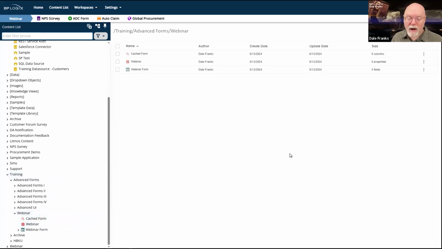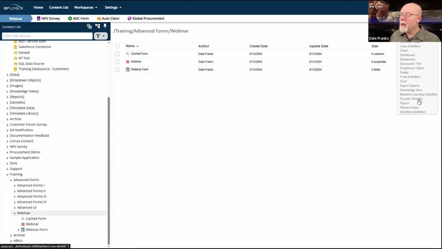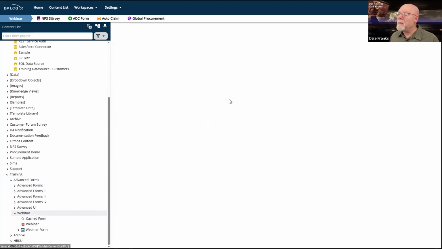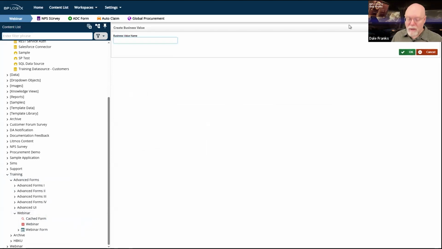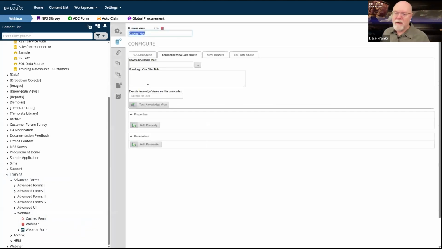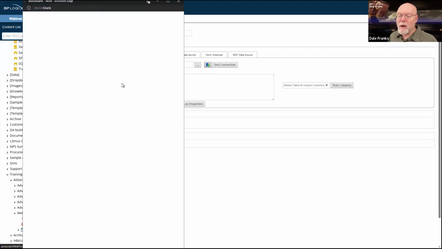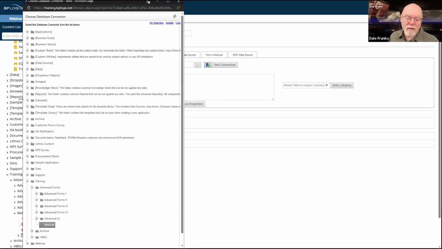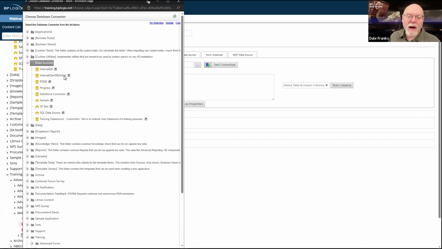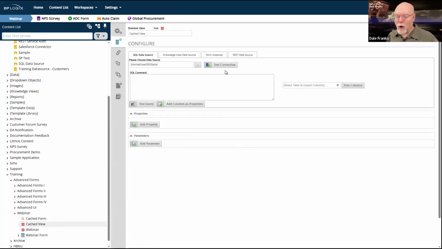So if I go back into my webinar folder and create a new business value, we'll just call it cached view, and that's the view that we'll take since we have a cache at this point. Now we can go back to SQL data source. We can pick any internal user database data source, so we'll just use my global one there.